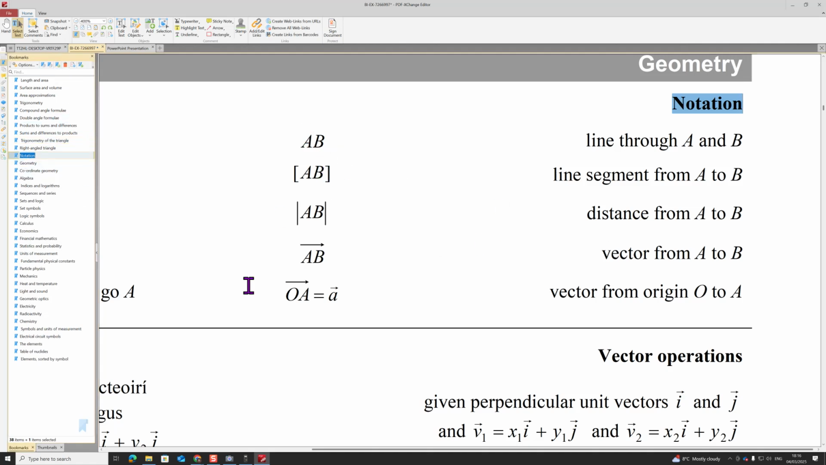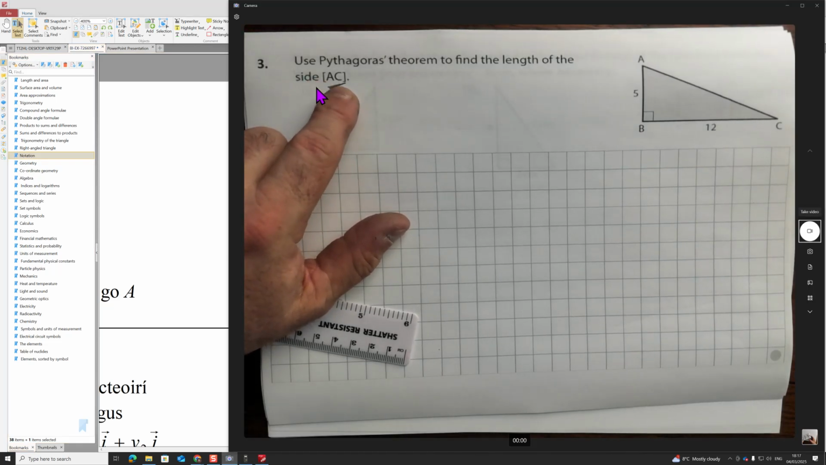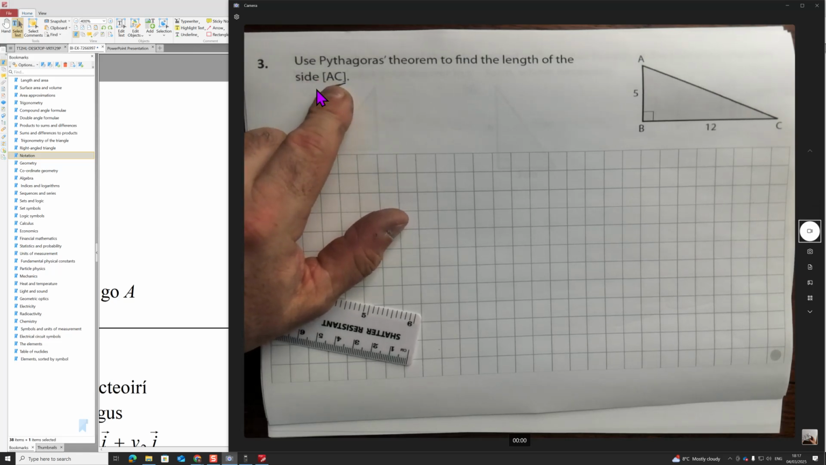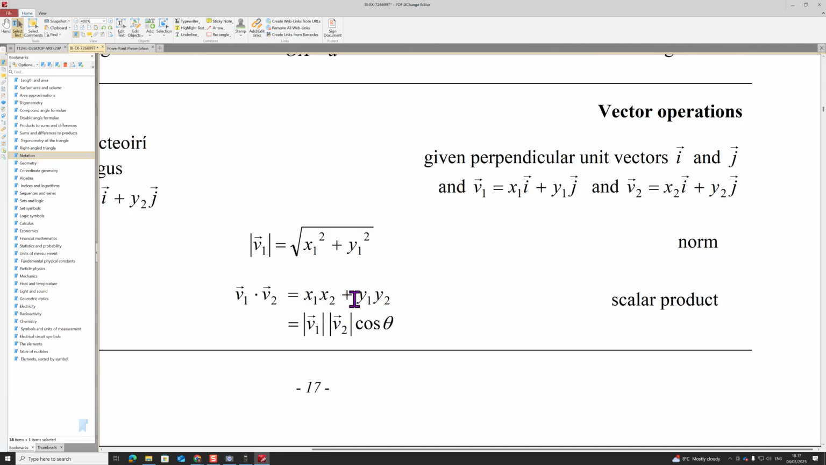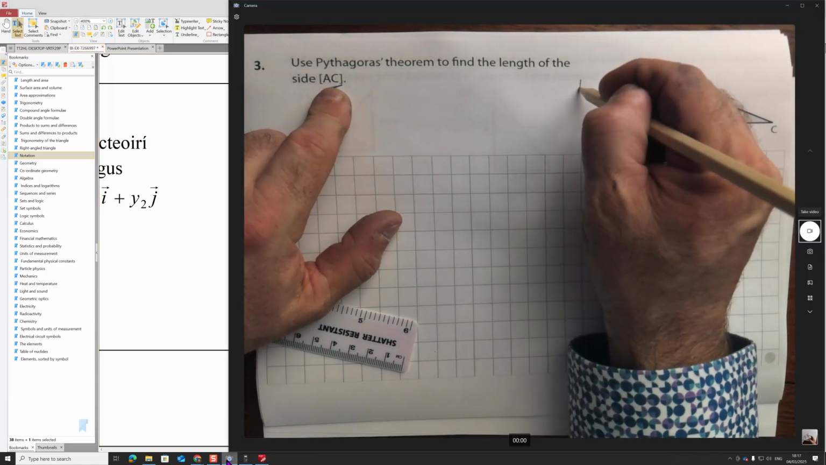So here we have, and I'll jump over and back here. When I see this notation, I need to know how to pronounce it. So let's see how we pronounce it from the tables. It says when you encounter this, you should say line segment from A to B, and that's on your tables on page 17. Okay, so from page 17,